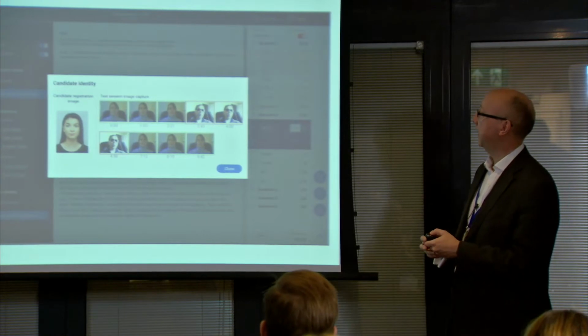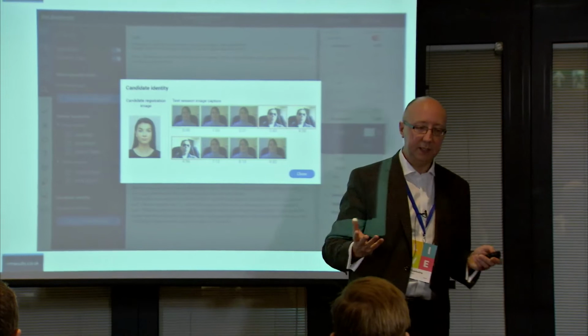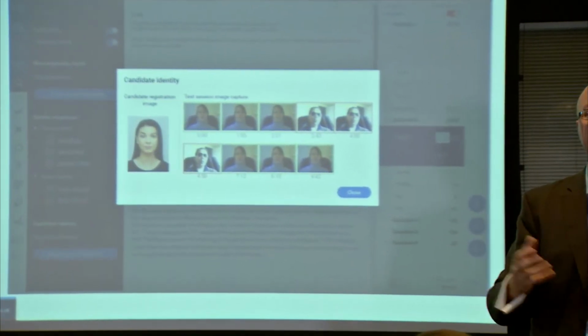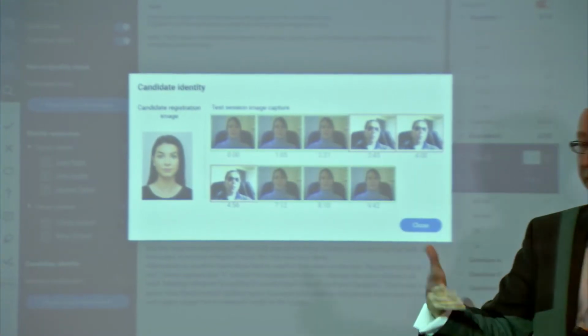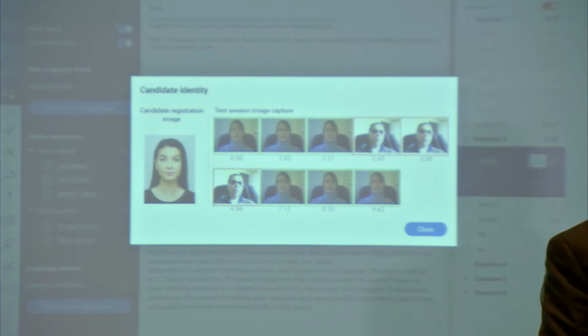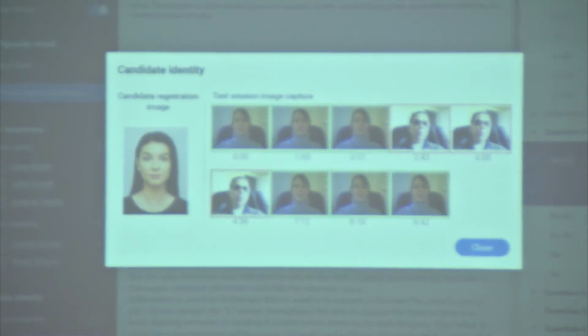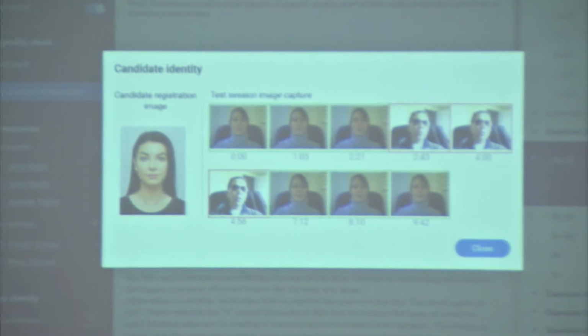And what this is showing is the image that was captured off the candidate's identity card when they registered for the exam, or maybe when they checked in. And then during the test session, at random points, a webcam has just been recording who sat there. Now, okay, I think the character here looks a bit dodgy to start with,